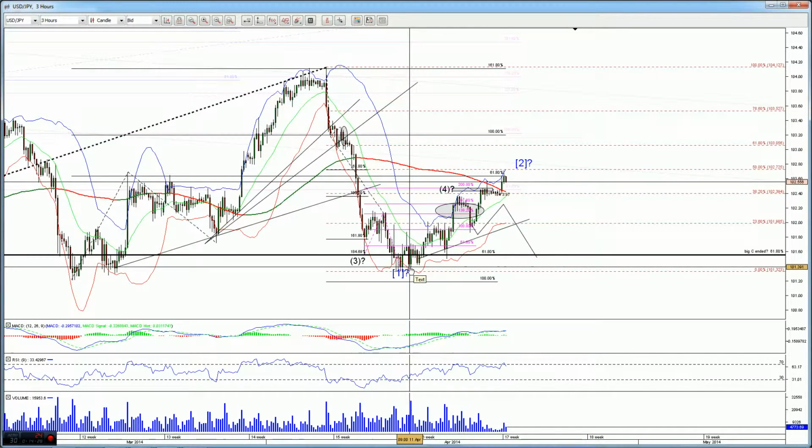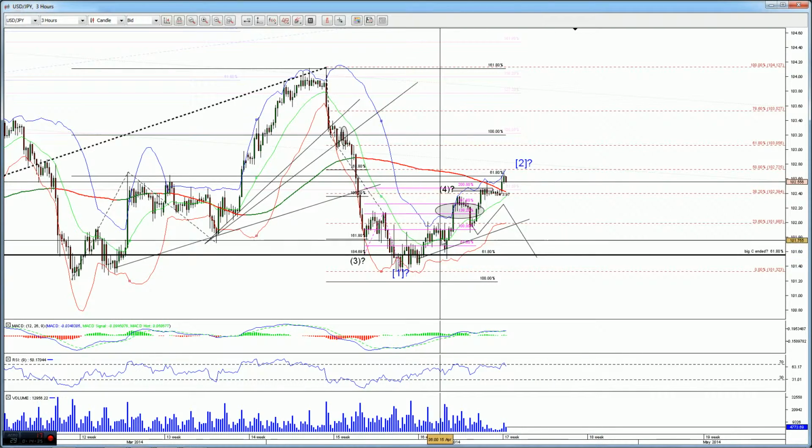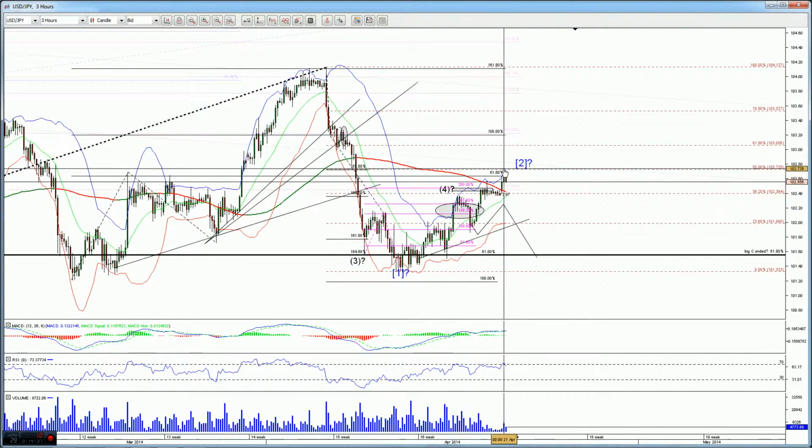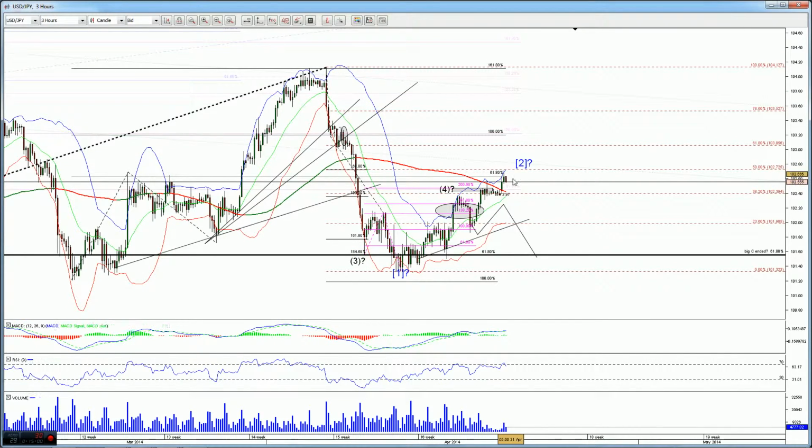The C might be in, as shown here on this weekly, and the market started something new to the upside, and that's why it's going up. Although it's now trying to reverse around this Fibo 50 for this whole move, because the other scenario says, okay, this is a 1 and 2, 3, 4, 5 for the C wave. So one scenario says it's already in, it's finished. But the other one says, okay, as long as the market will try to reverse here and make a